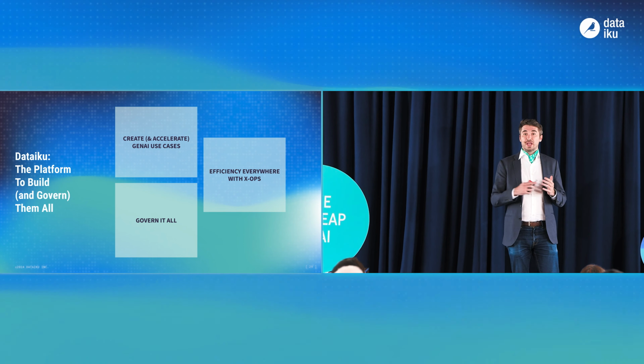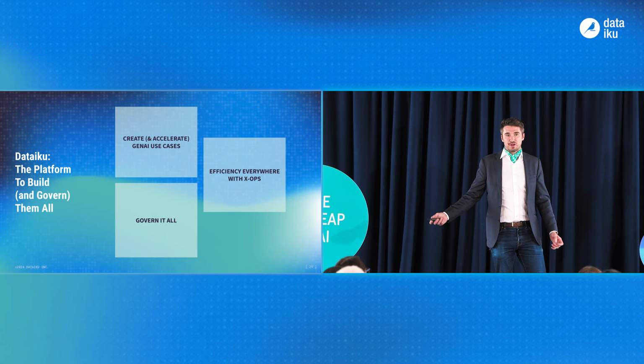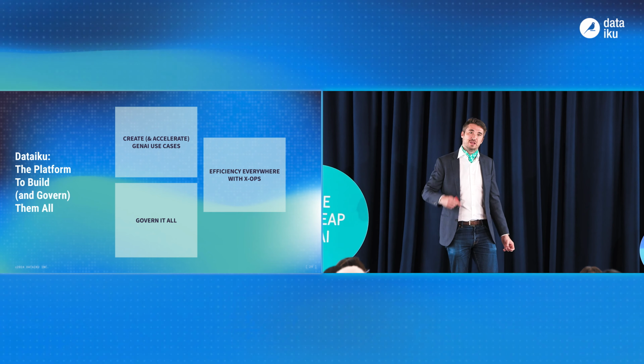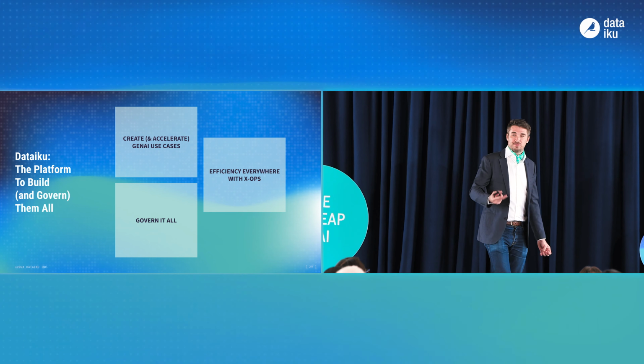And then finally, managing costs and monitoring who's using what, who's asking what questions, falls into this XOps category, which, yes, is about GenAI, but it's also about everything else you're doing within Dataiku. Regular old machine learning, keeping track of database queries, etc. It's all in there. So let's first look at